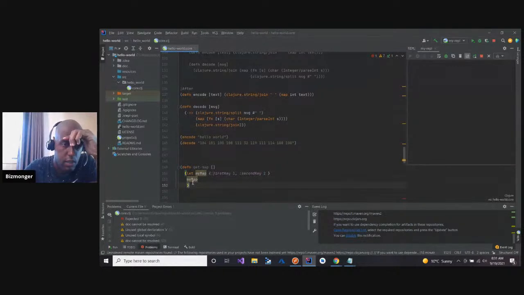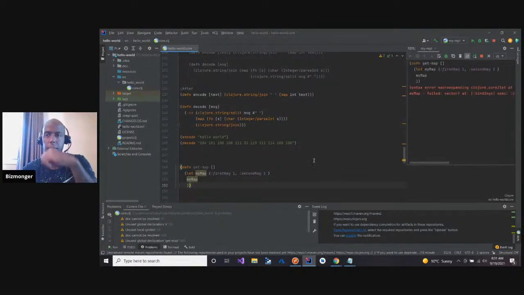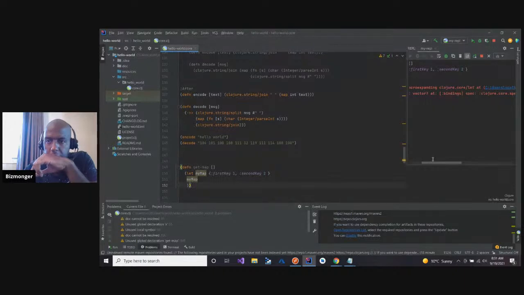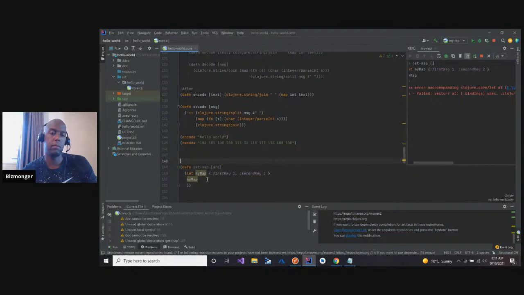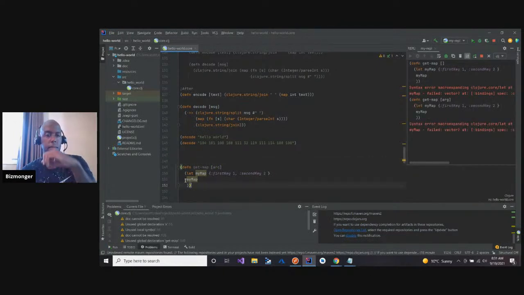And syntax there. Okay, so I add another parenthesis, shift alt P. It keeps saying vector with a question mark. Add bindings. So then I'm like, okay, shift alt P, same thing.